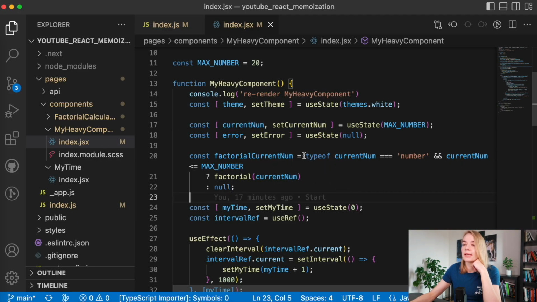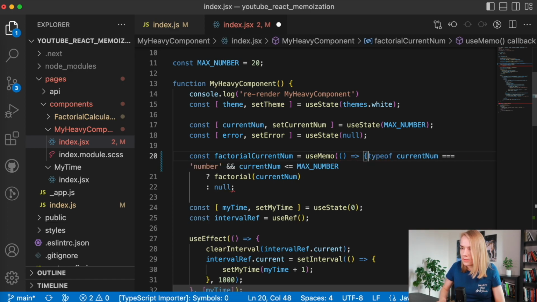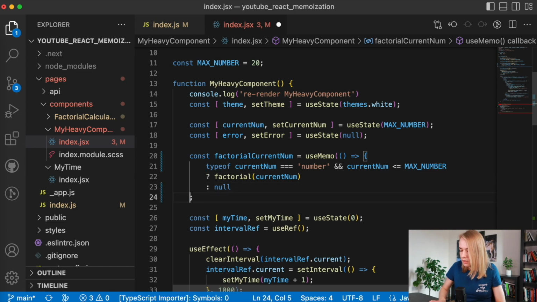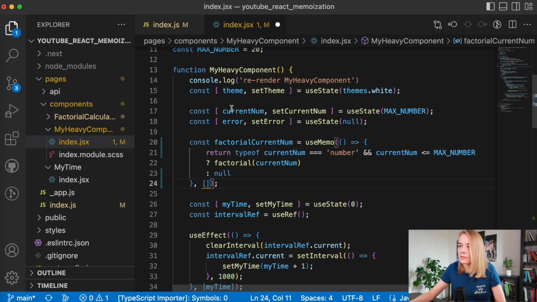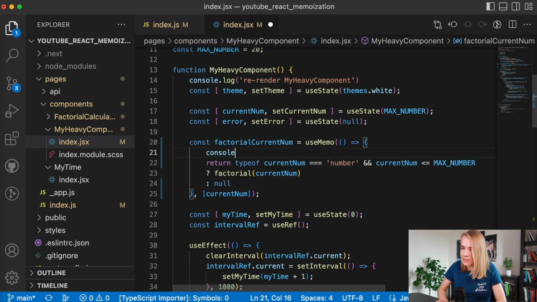And because of it, I can use the useMemo hook here. Let's try. I put useMemo. As we remember, it returns a value for us. I put curly braces here and make a return, and this function will depend on the current number. Yes, if the current number changes, we recalculate our factorial. And let's put the factorial